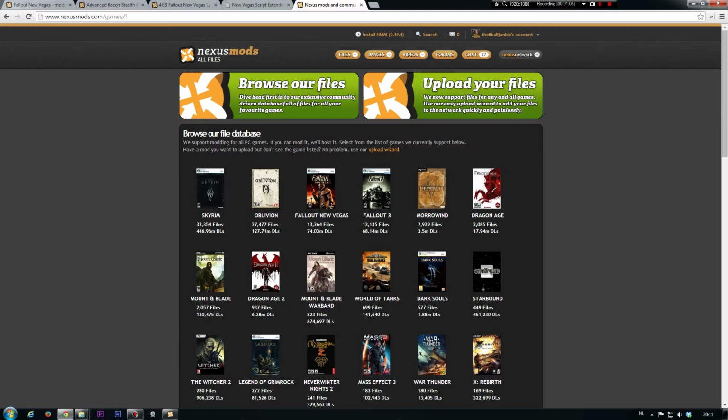So the first thing you're going to do on the Nexus Mods page is make an account. It's very basic, simple, fill in the form with your email address, confirm the email address, blah blah blah. We all know it, we've done it a million times on the internet. So when you're done and you log in with your account, you need to install a tool